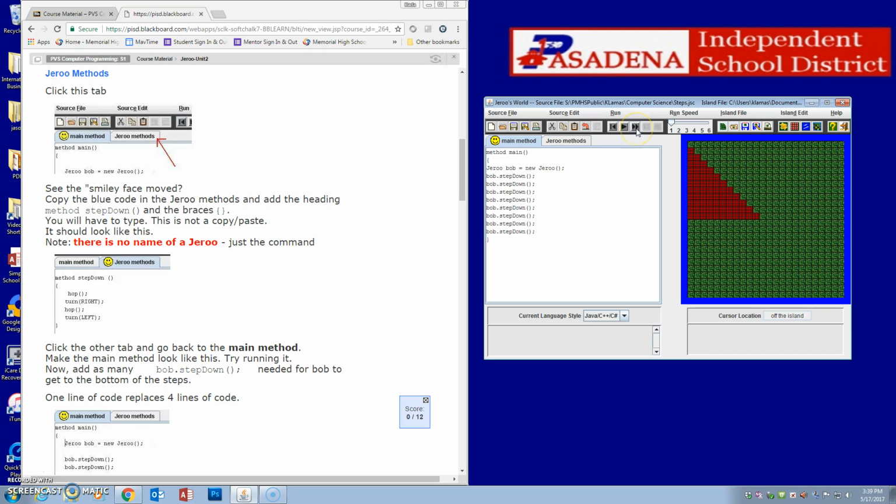Now I'm going to click on run continuously, and I'm going to pause this and speed it up just a little so that we can see him go down the stairs. So run continuously, and as you can see now he's moving. Oops, sorry. He's moving and he's going down the stairs, and I didn't have to rewrite that code